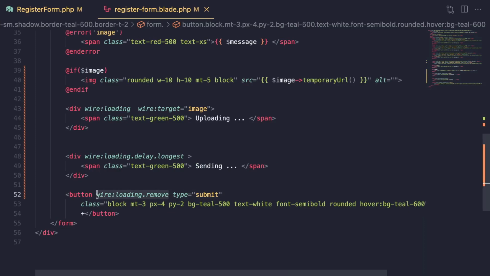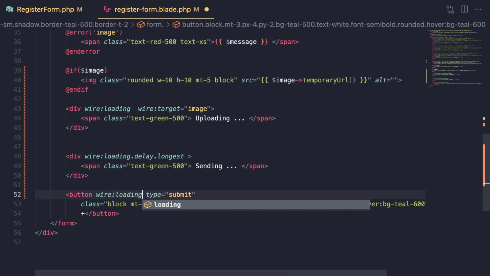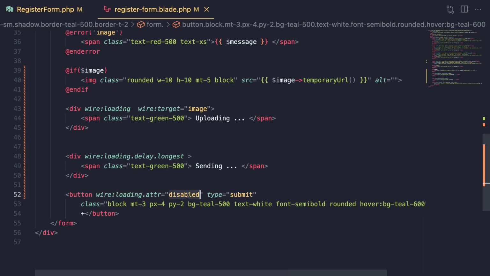Sometimes you may want to do that. Now, one more thing you can do, guys, is you can also add an attribute to an element when you're loading. So this is done using wire:loading.attr for attribute. And the most common example of this is, for example, you can disable your buttons when you're submitting. So I can say disabled, and this will go ahead and disable the button when we are submitting. So the user won't go ahead and like